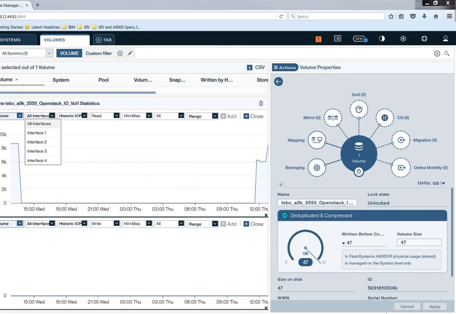I expect that restriction to be lifted with the 12.1 code, but I have not yet been able to get confirmation that the limitation will go all the way back up to 512. That was the design requirement that we gave the development team. I have not seen confirmation that they were able to achieve that goal. So I expect it to go to 512, but it may actually only go up to some number between 200